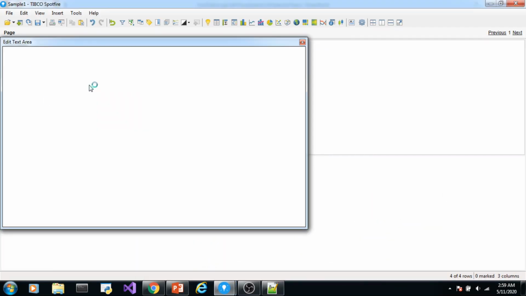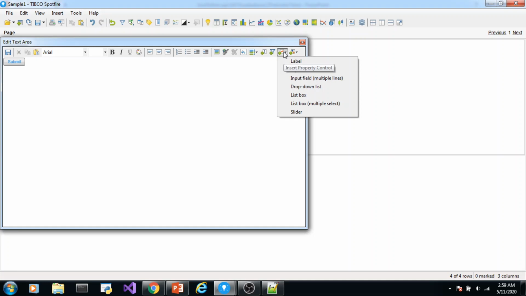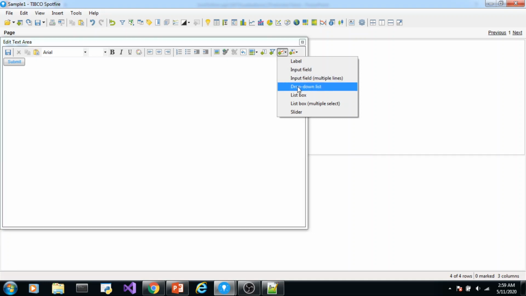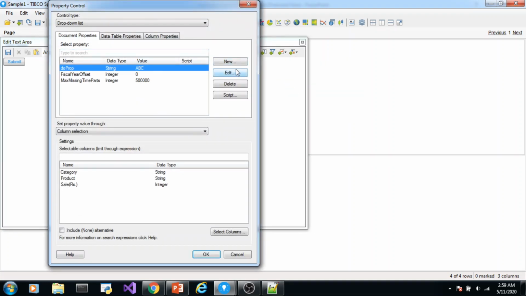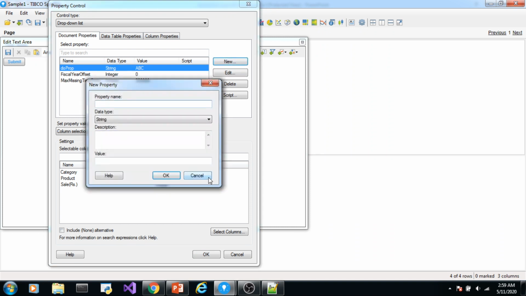Suppose I created a drop down list and I name it drop down list.